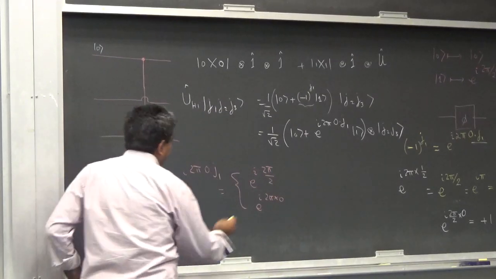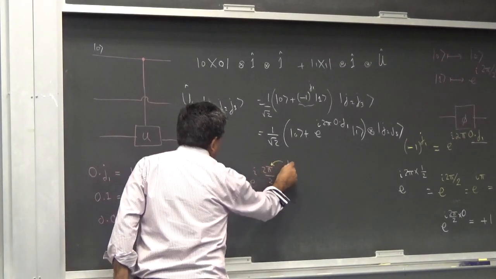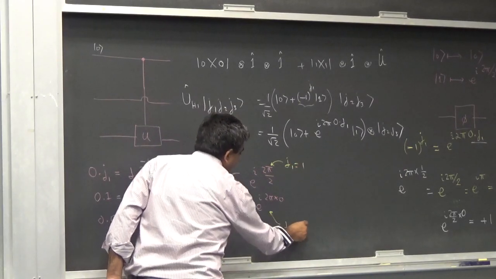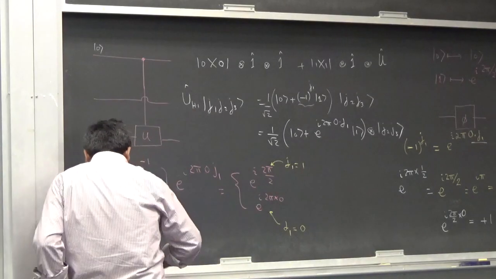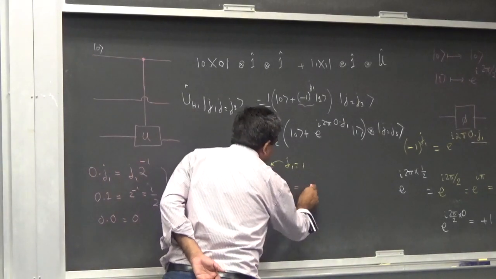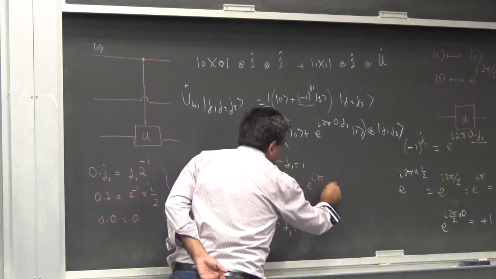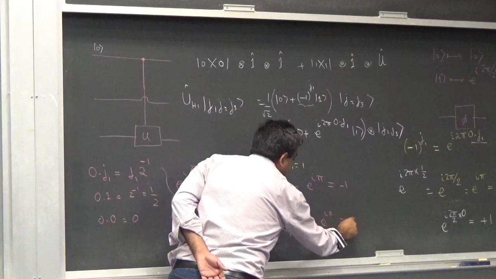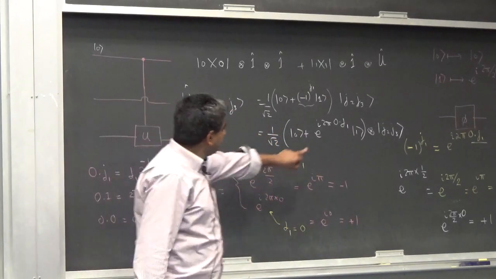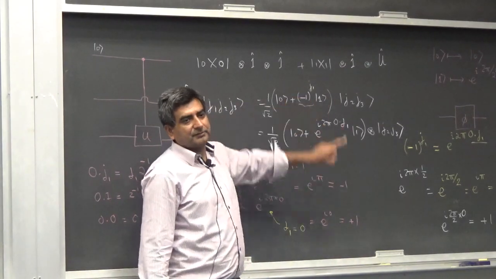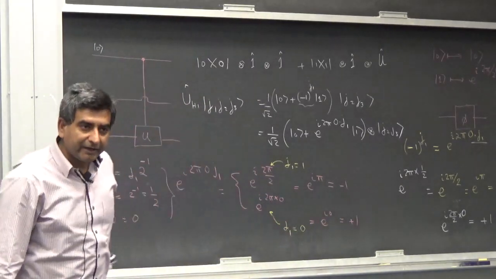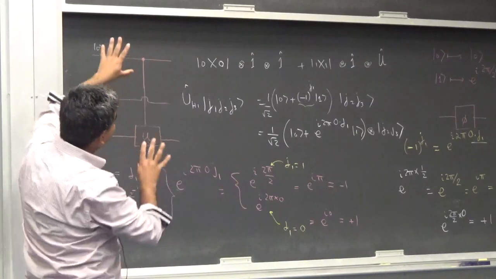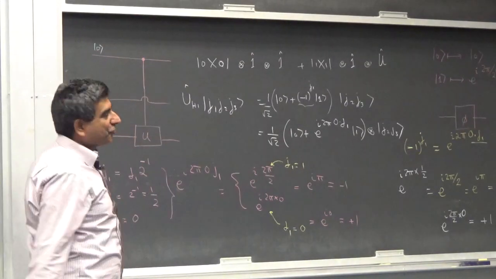This possibility arises when J1 equals 1, and this possibility arises when J1 equals 0. This thing equals e^(iπ), which is minus 1, whereas this thing equals e^(i0), which is plus 1. This does explain this, right? So now what we would like to do is apply the second operator, the controlled